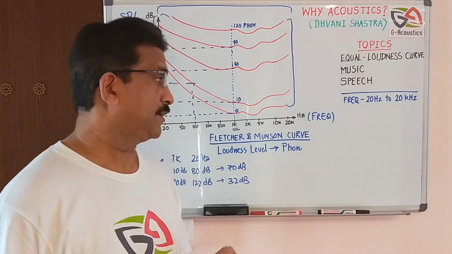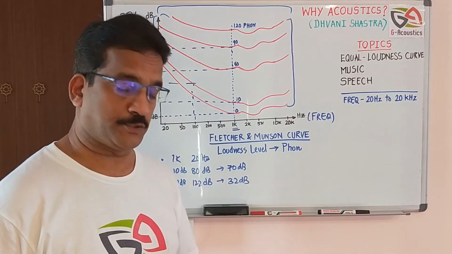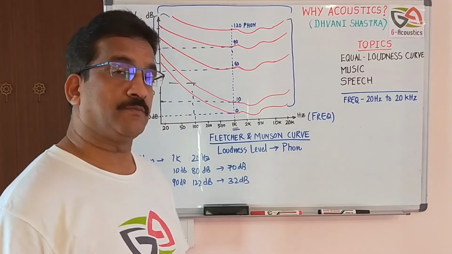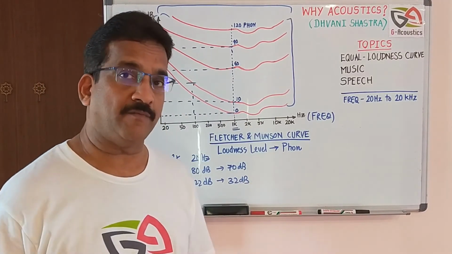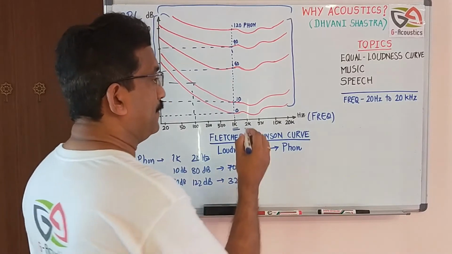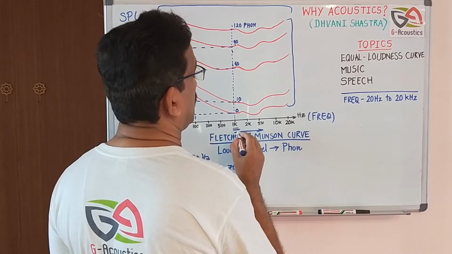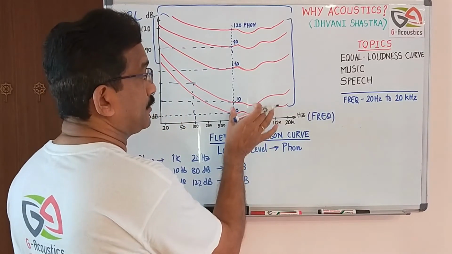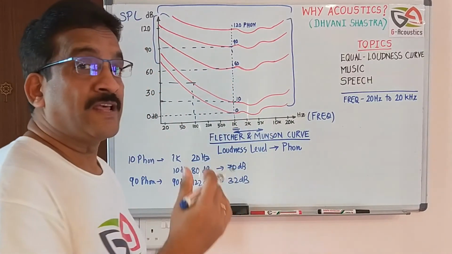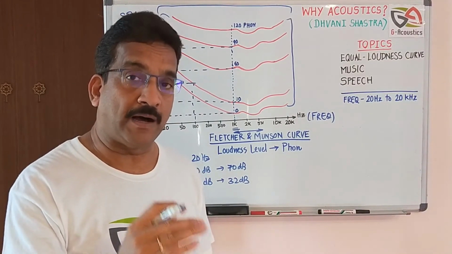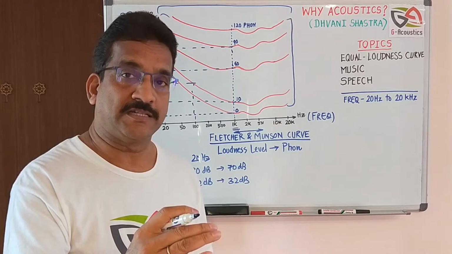Two more pieces of information I would like to give in relation to this equal loudness curve. As we saw, Fletcher and Munson, after doing this experiment, finally found that the region between 1 kilohertz and 5 kilohertz is the right range, because it's almost equal and is the most efficient, and they would require less electronic power to power the telephony system.